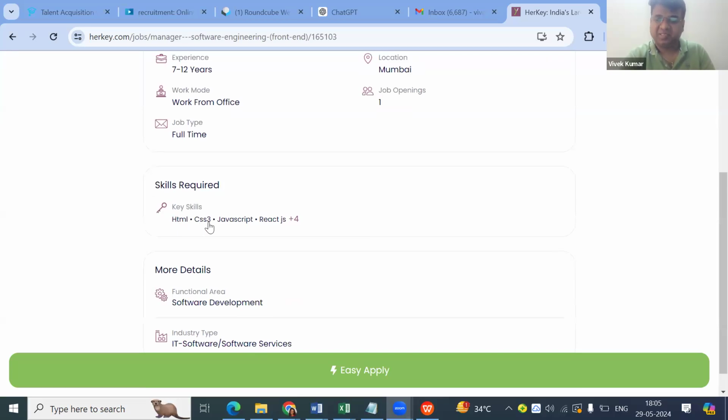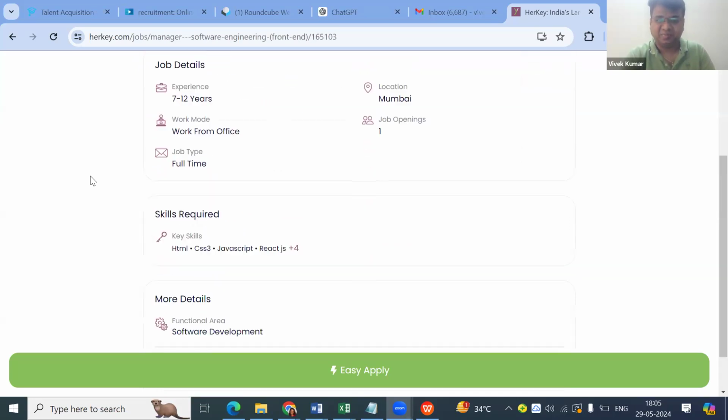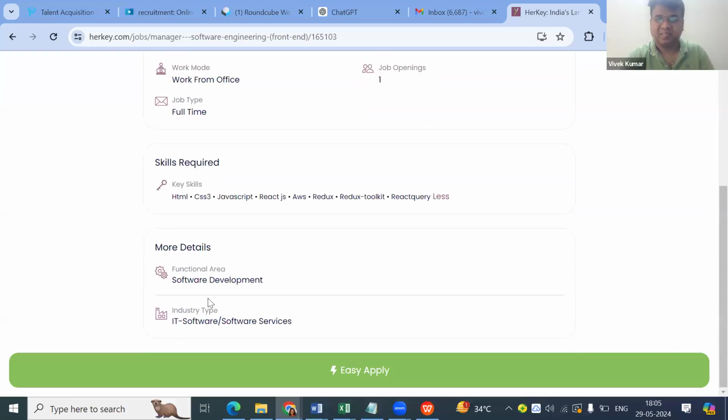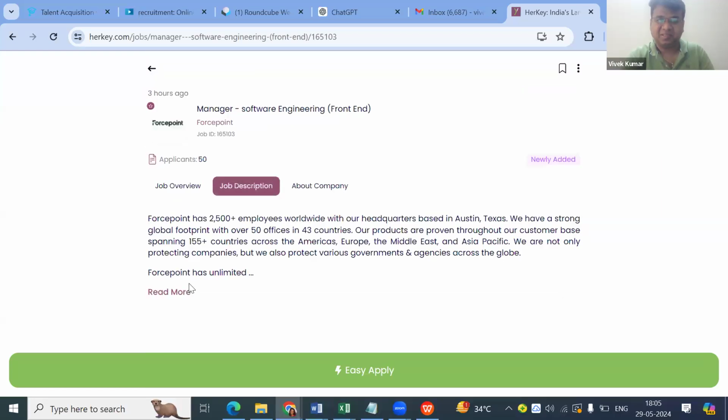required. So these are the skills that they're looking for because this is a job for the front-end software engineering manager, right? So they require someone with very good skills in software development, especially with respect to the front end. So that's why they have mentioned all these skills which are relevant for front end development over here. Okay. And these are the core areas like software development and industry. And if you go to the job description, so this is where you will find